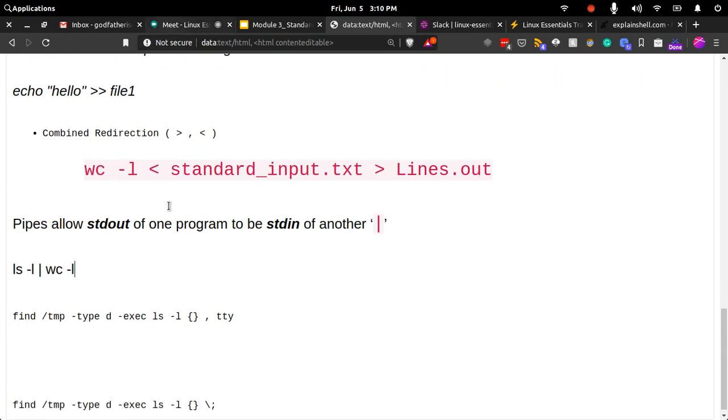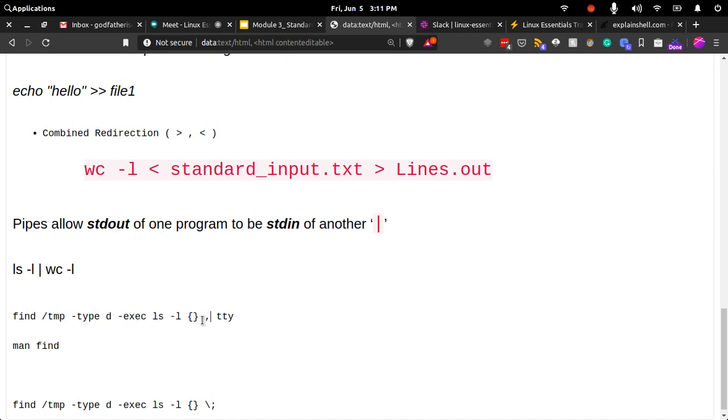Then one question Aparna just posted, asking me to explain this command. So in this command, Aparna, what we are doing here is we are using find. And what this command does is find something in the temporary directory which is of type directory. This type can be any one of the 5 types that we saw yesterday. If you go to man find, you will find the different types of files. Then we are doing an execution on the output that we have found here, and we are just long listing it.